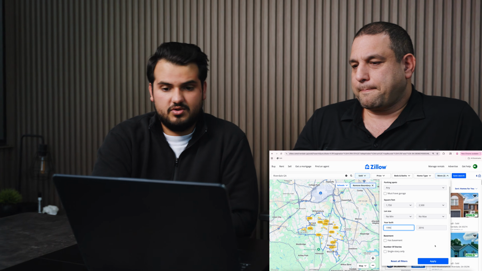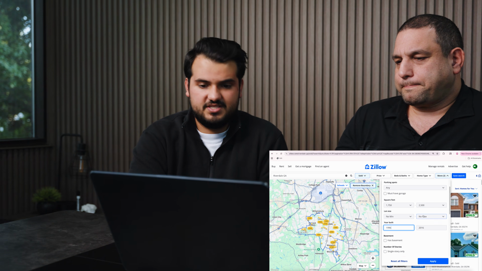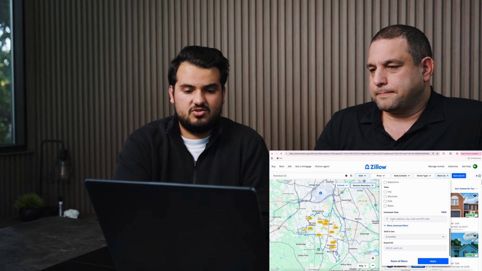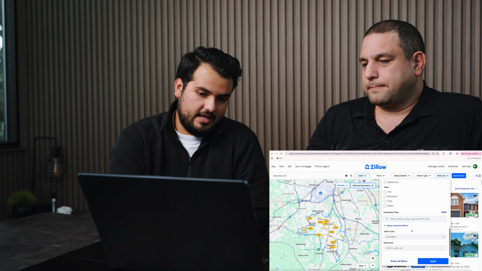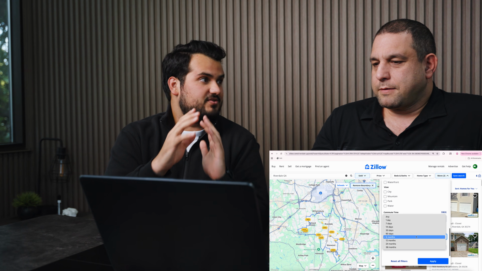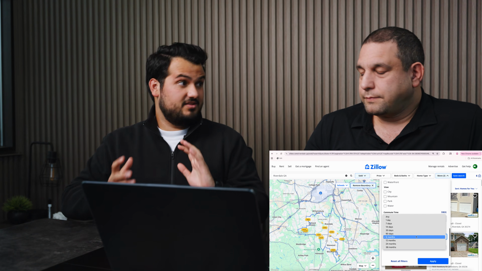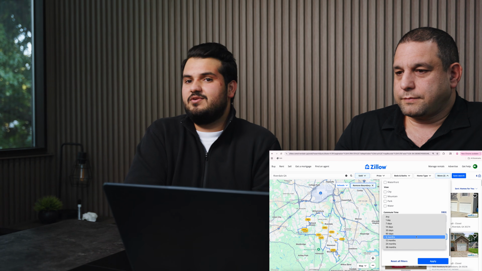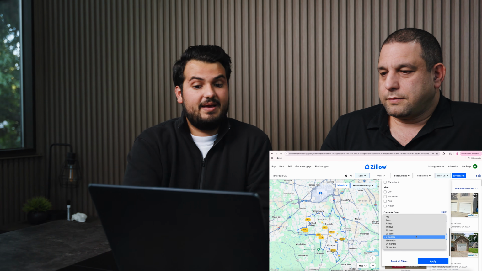All right, cool. So now we've adjusted the square footage, we've adjusted the year built filters, and now the last thing is sold in the last, and then it's the range in which they've sold. So we now only look at comps that have sold in the last 90 days. And the main reason is the market is changing. The market is not where it was 6 months ago. And if you look too far back and then take that as today's value, you're going to be in for a rude awakening. So we're currently going back 90 days.